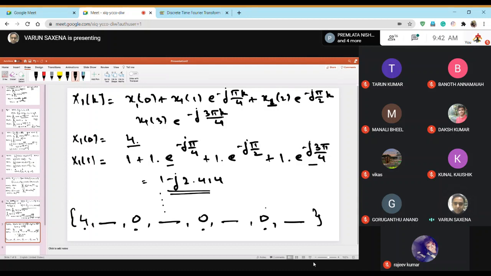So fundamentally, you don't need to evaluate all the values. You need to evaluate X1[1], then X1[2] you already know. You can check, it will come out to be 0 only. Then you evaluate X1[3], which is this value. Then if you check X1[4], it will come out to be 0 only. Then you need to evaluate X1[5] and X1[7]. So your problem is somewhat reduced in complexity: given this formula, you don't have to evaluate 7 values. You just have to evaluate this value, this value, and this value.